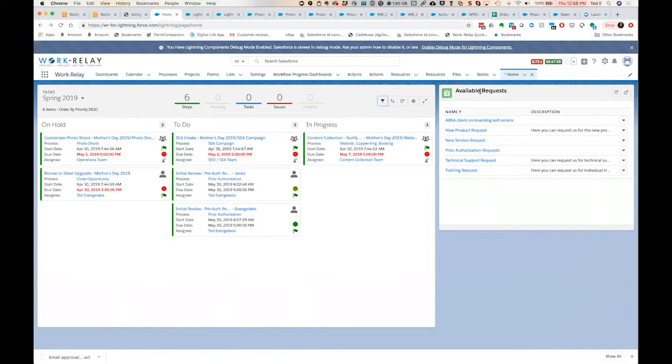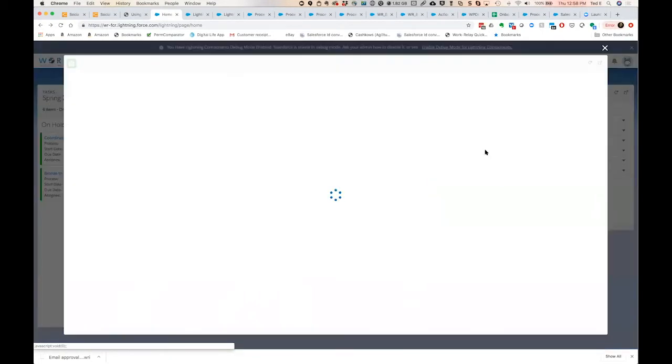So in this case, I'm going to launch a request, and this request is prior to the kickoff of a process. This is a request that's going to kick off, in this case, a prior authorization and insurance process. So if I click on prior authorization requests,